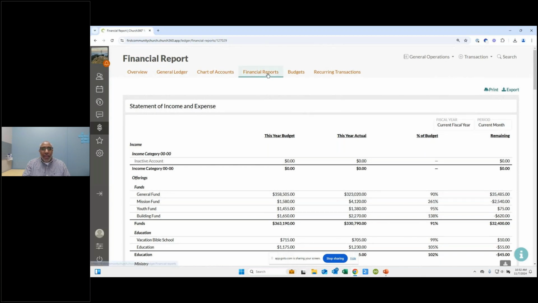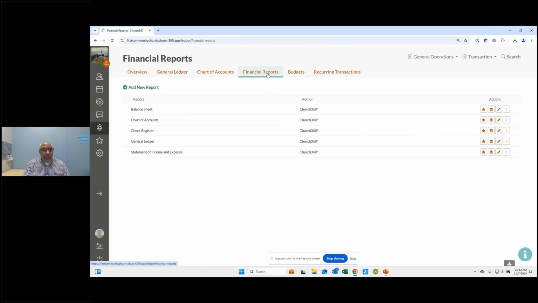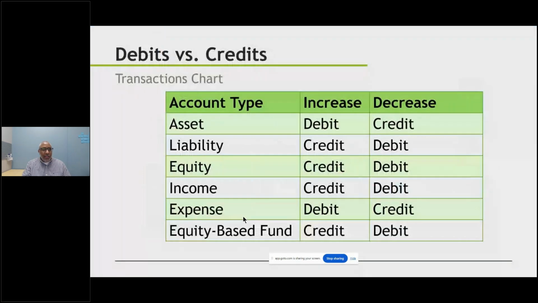So I'm going to go back to financial reports. That is all of the default reports, kind of like the canned financial reports that are here in the system. These are it, but you can create your own, which is really cool. And we have a lot of, I'm going to call them columns right now, that you can add into these. So let's start out. I want to pull up my notes so that I can speak to these and do a pretty good job of it. So we're going to show copying and we're also going to show creating several from scratch. And let me go back and just switch my slide.